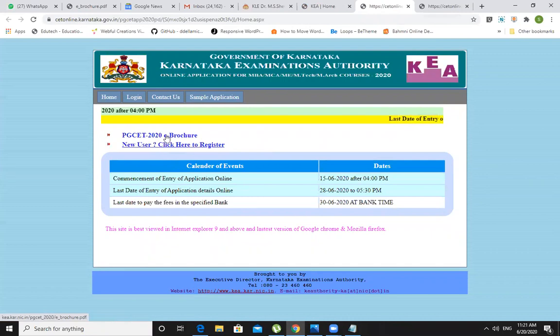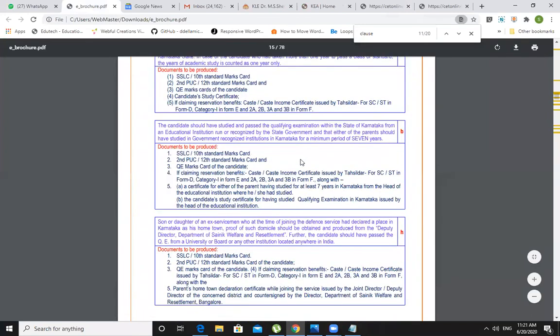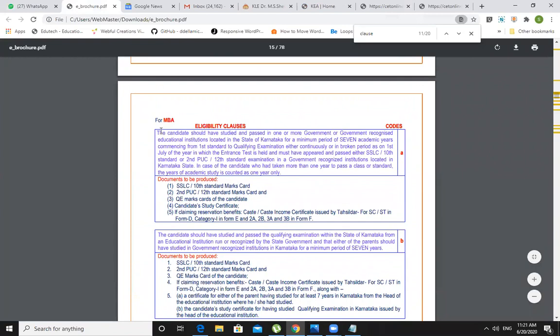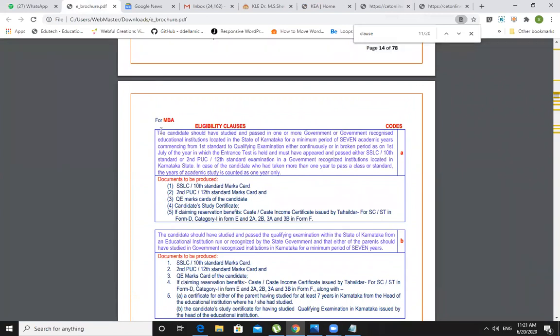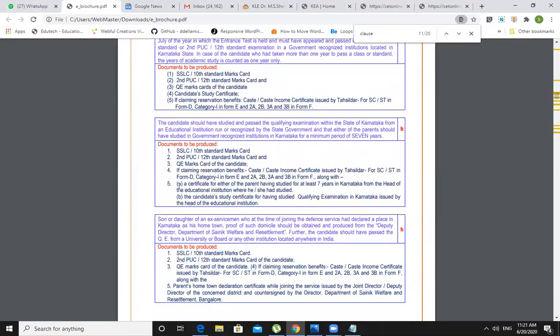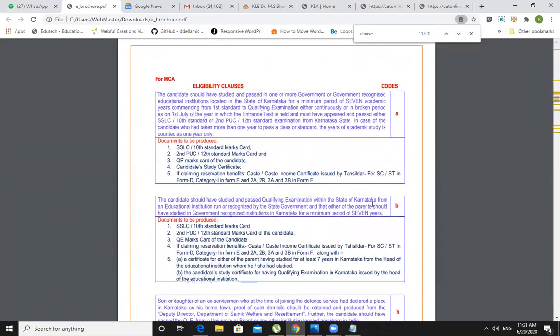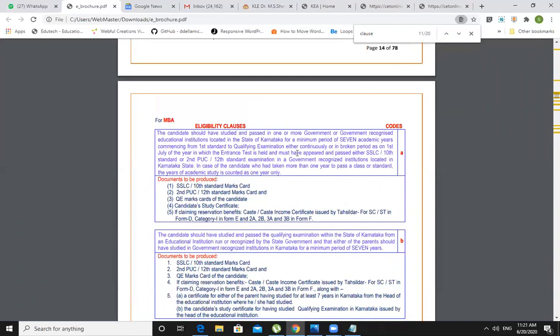Fine, this brochure. In this brochure, if you go to the page number 15, you will see that there are different kinds of eligibility clause. Look at here. This is page number 15. Okay, eligibility clause. So here, if you have studied entirely from first standard to your BCA or BSc or BCom or B, you need to choose eligibility as A. Otherwise, if you are from Hyderabad Karnataka region, then you need to choose a different eligibility clause. Suppose if you are a non-Karnataka, then you need to choose a different eligibility. So there are different types of eligibility clauses available here.